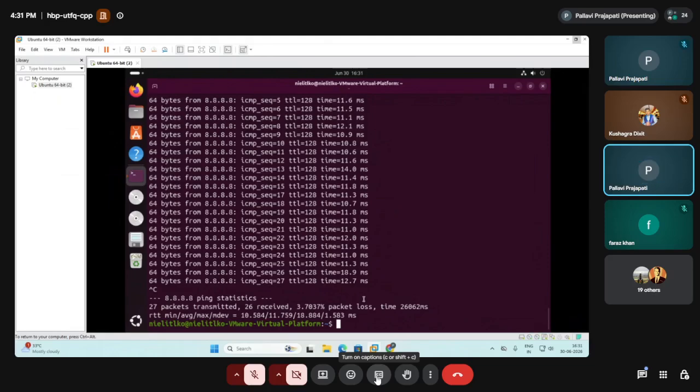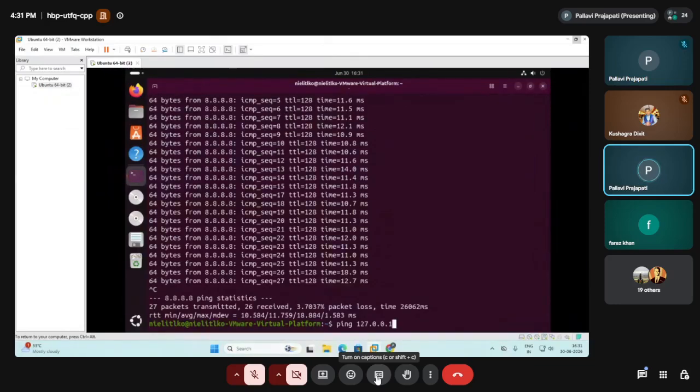Now the next thing is 127.0.0.1. Let me write that ping. Can you tell me what 127.0.0.1 is used for?